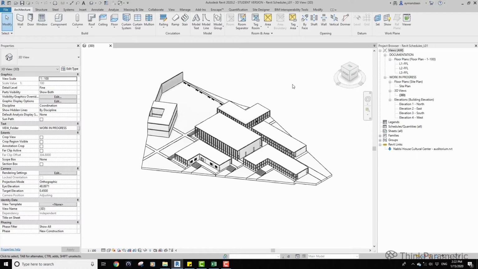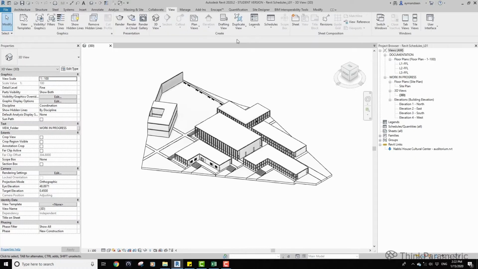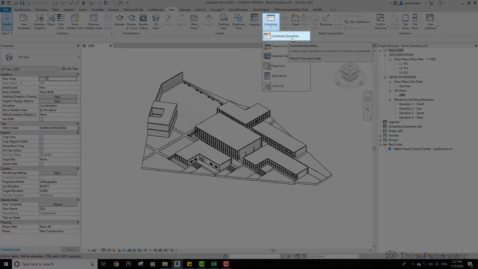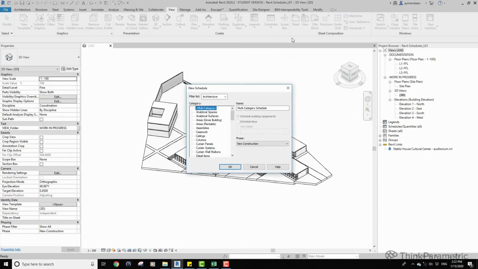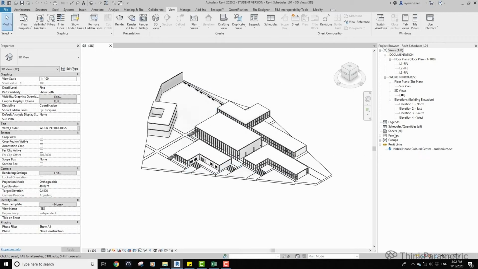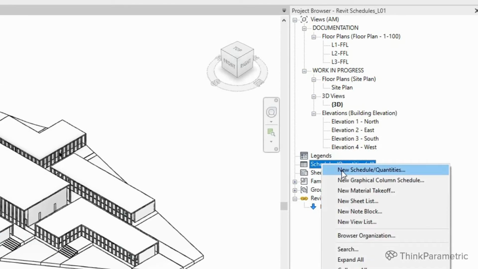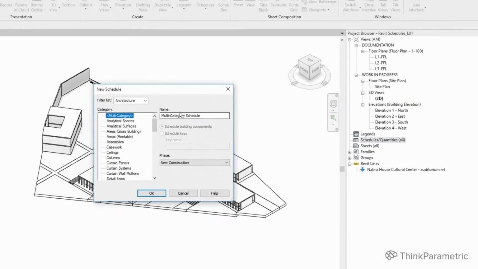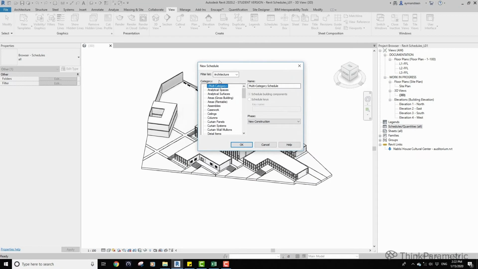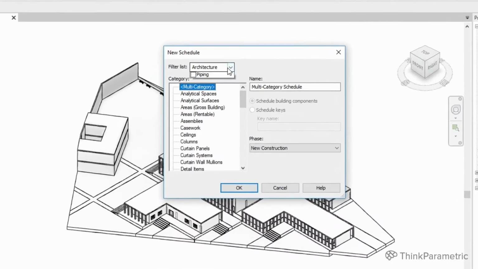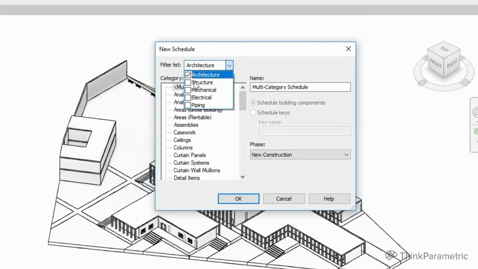We can create schedules by either going to View, then Schedules, and Create Schedule Quantities, or going to the project browser, going to Schedules, and right clicking to create a new schedule. When we click here, you can see that we have a filter list, which includes architecture, structure, and the other disciplines.